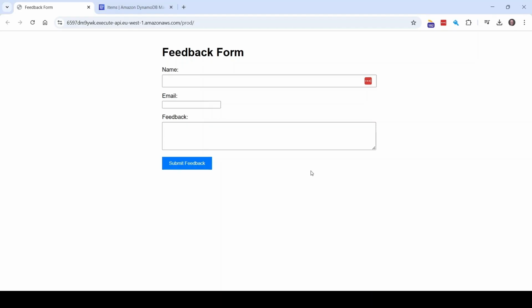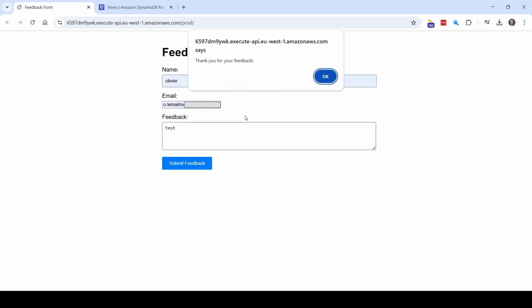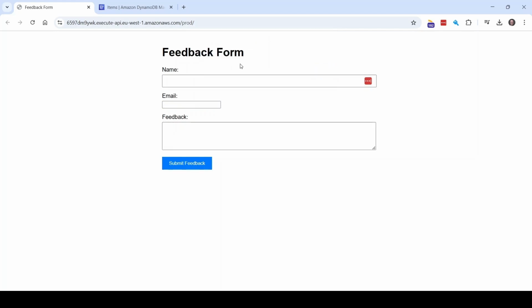So I will open it, and here we are. We have a feedback form that was generated by Amazon Q Developer in the code. Then I put my name, my email, and my feedback, and I submit my feedback. Then I get this message. Again, that was decided by Amazon Q Developer, so it says thank you. Your feedback has been